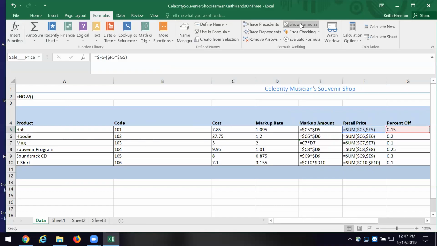The dollar sign says stick in the column. So if I do a drag and drop, the row will change, the column will stay the same. If I reverse that and I put the dollar sign in front of the 5, then I'll stay in the row, but the columns will change. You got me? I know I'm harping on this a lot, but when you start working with a lot of spreadsheets, and some of you who are accounting and finance majors will be doing this, you'll be thankful for the drag and drop, because otherwise you get to sit and input all the formulas, which you don't want to do.